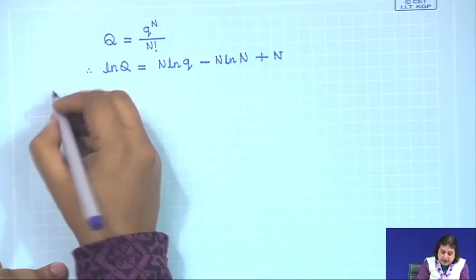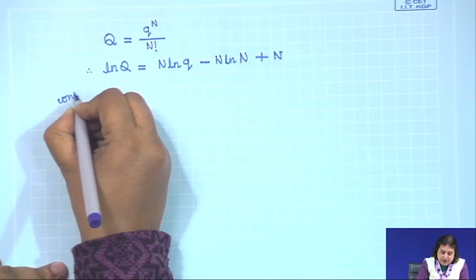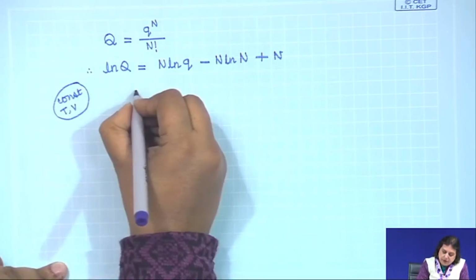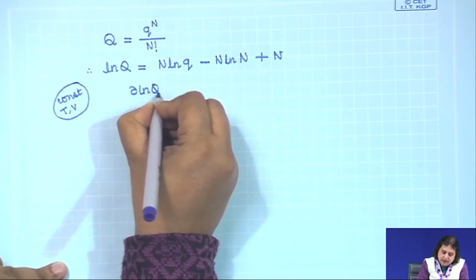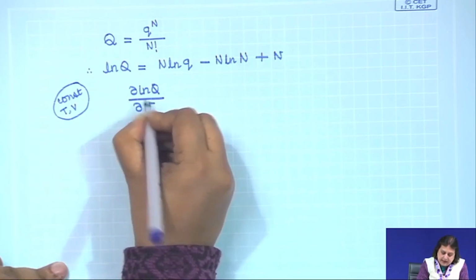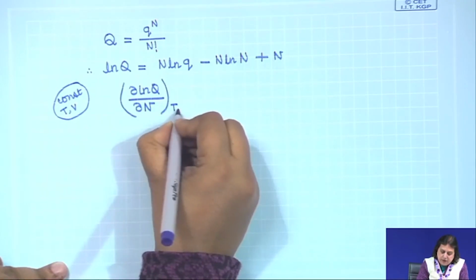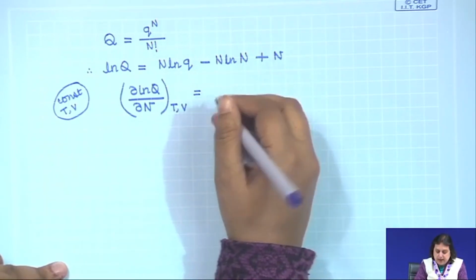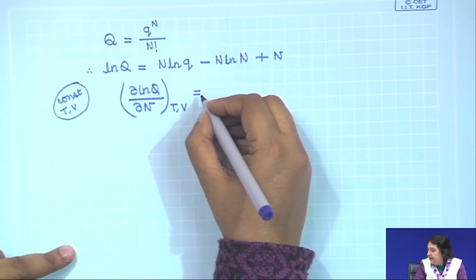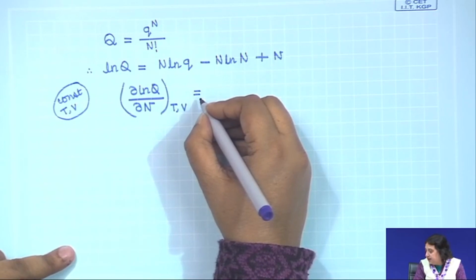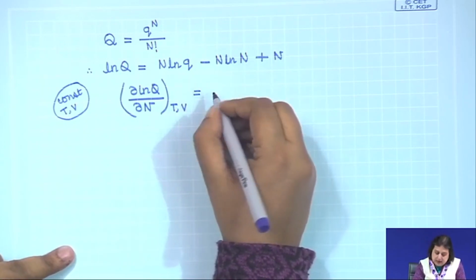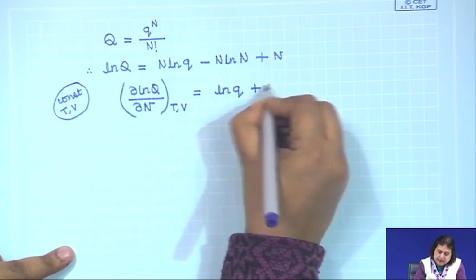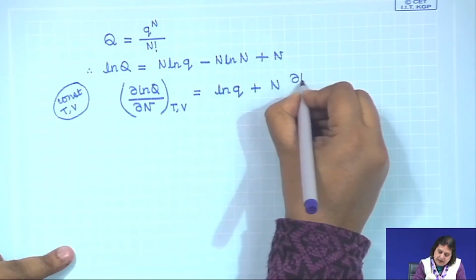Now, under the condition of constant temperature and volume, I am going to find out what del ln Q del N is. So, I am looking for this particular derivative, and this would be given by the following: